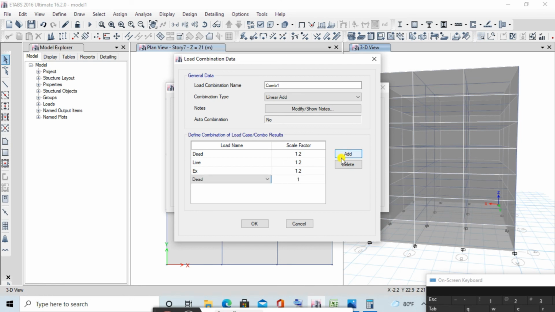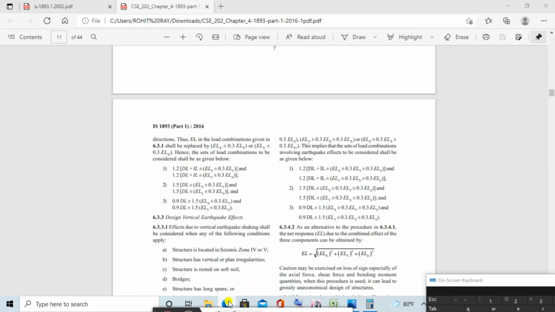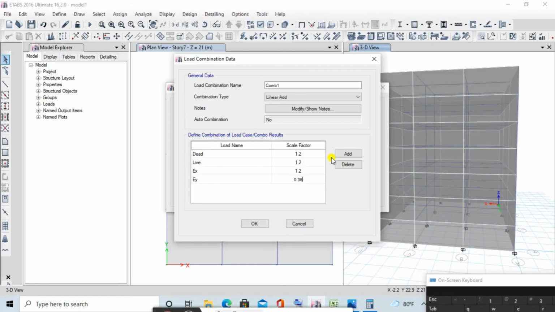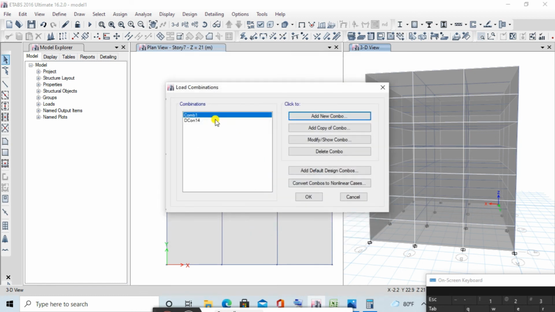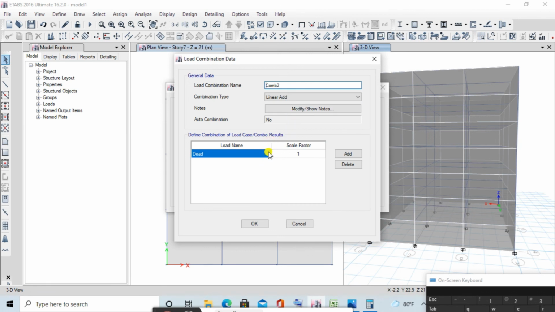Then again add, go for y direction, and here it is 0.36. This is all according to this combination. You can multiply 0.3 into 1.2, you will get this value 0.36. You can do it yourself. And this is the one combination, then press OK. Similarly, delete this also. Similarly, again add one new combo. Again this 1.2, add here live load.